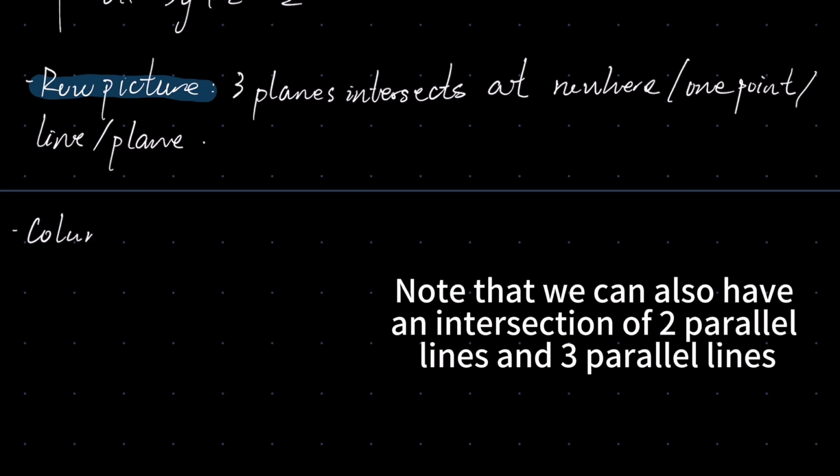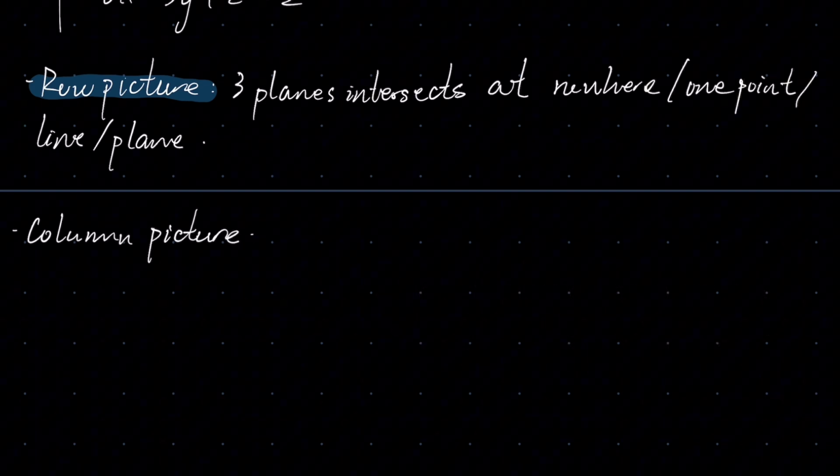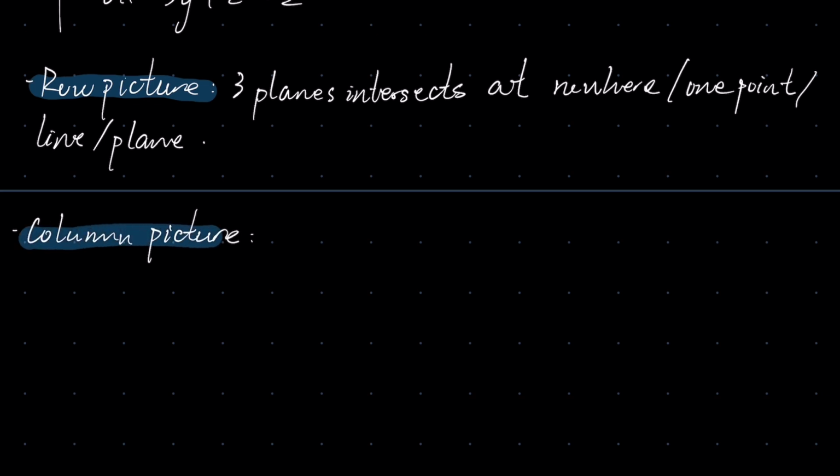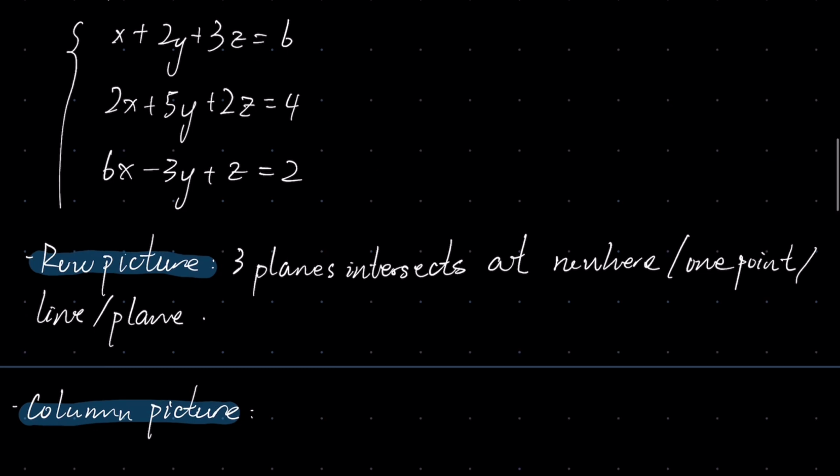where things get really interesting. Now, there's a reason why we didn't use the row picture to solve for these 3 equations simultaneously. The reason is it's very hard to see how we can manipulate these 3 equations, subtract them or add them from one another to isolate an x or a y or a z. What we can see from the column picture, if we put them into columns, is we have